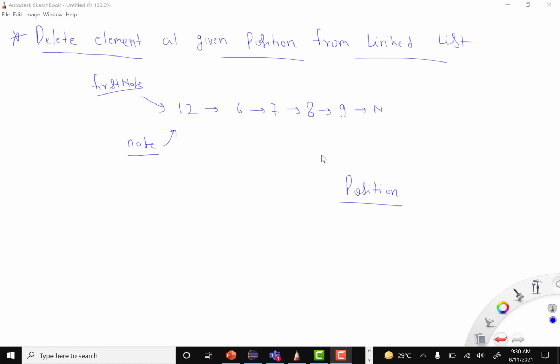Hey everyone, welcome to Coding Simplified, and in this video we'll see how we can delete an element at any given position from a linked list. We have already covered this previously, but there we solved it using recursion, and today's video will solve it via the iteration method. Iteration means we'll operate one node at a time and then delete the element from the given position.